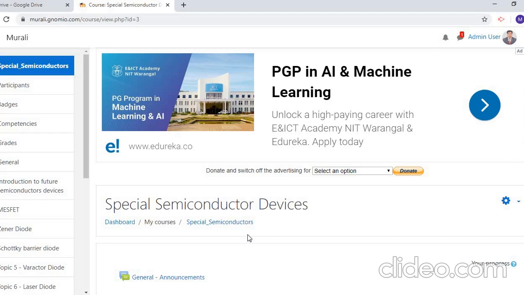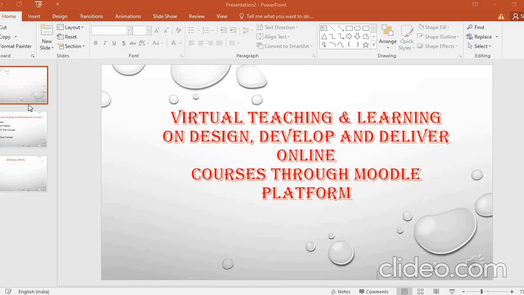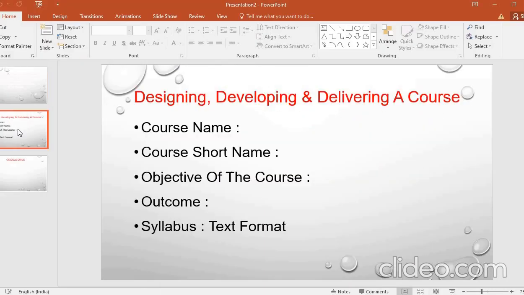For creating a course, I'll tell you about the requirements. You need a course name, course start name, objective of the course, outcome of the course, and the syllabus of that course. You can keep this in a separate Word document or text document file, and then keep all these files in your Google Drive. Why am I telling you to save all these things in Google Drive?